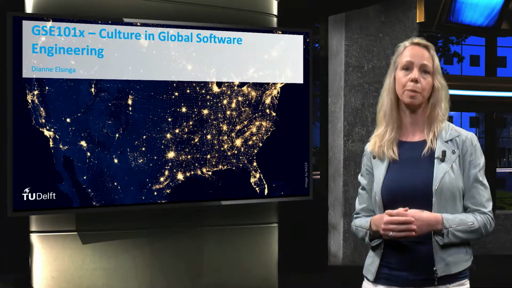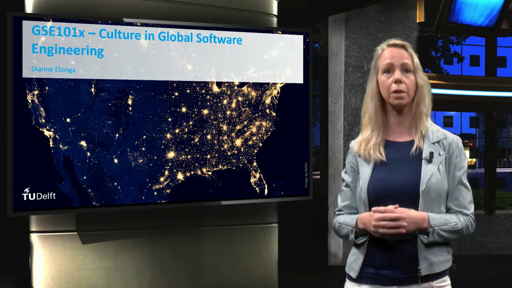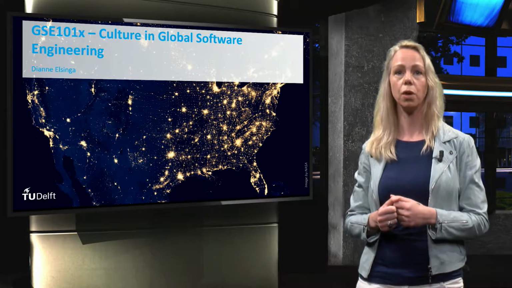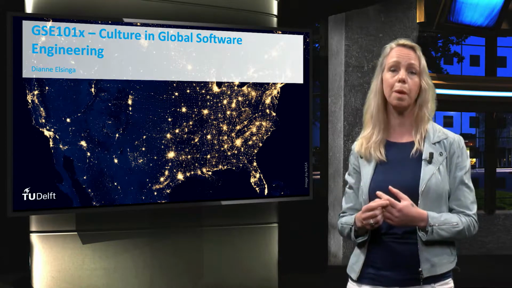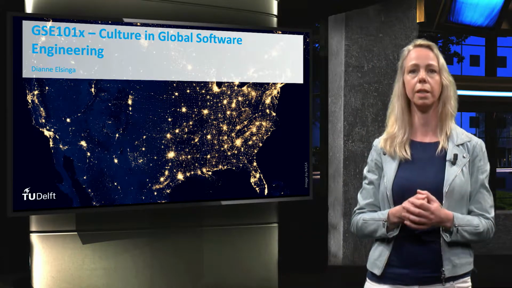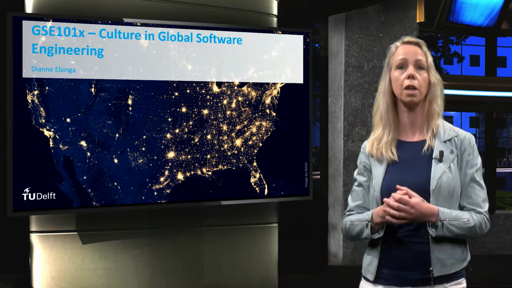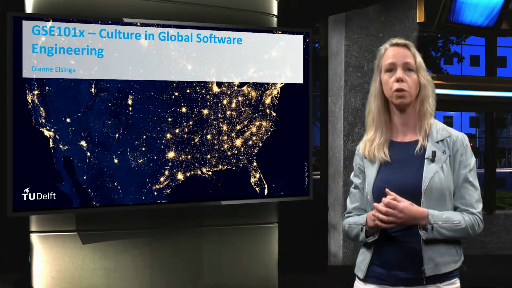This first lesson is about culture in global software engineering. Within ProAwareness, we work with agile teams that are distributed. The product owner and often part of the developers are located in the Netherlands, and the other team members are located in Bangalore, India. That's why in my lessons the focus is on a specific cultural aspect between software development teams from those two countries.